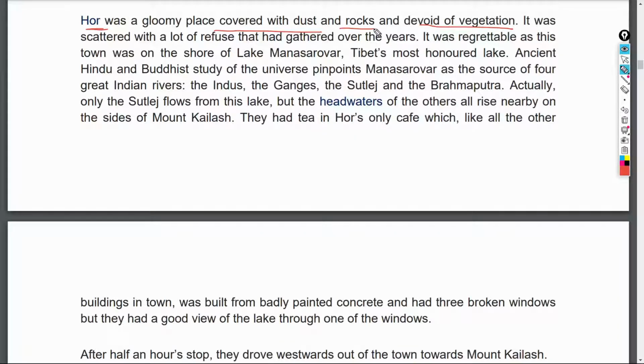So there are dust and rocks, and this actually gathered up because of the many years of activities of the people. Therefore, Hor was very miserable, because it seems that the people were not concerned about cleanliness. It was regrettable as this town was on the shore of Lake Mansarovar, Tibet's most honored lake. So it is very regrettable that this place would be so dirty, because